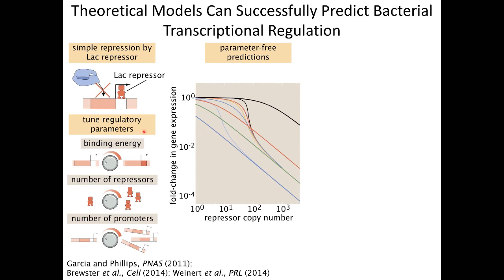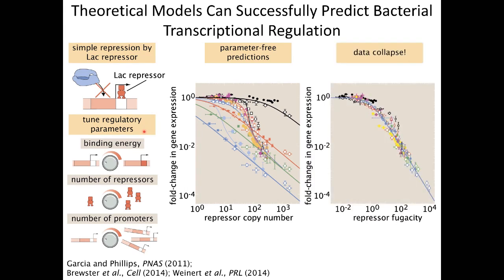The point here is that these are 0 parameter fits. There are no free parameters here. Then we went and took the data, and to a large extent, we showed that we could predict this output. Not only that, all these curves look like different adventures in and of themselves. But it turns out that that's because we hadn't found the natural variable of the system. If you plot this data against the fugacity of the repressor, which is something equivalent to mapping a non-ideal gas onto an ideal gas, what you show is that all the data collapses onto the same master curve.